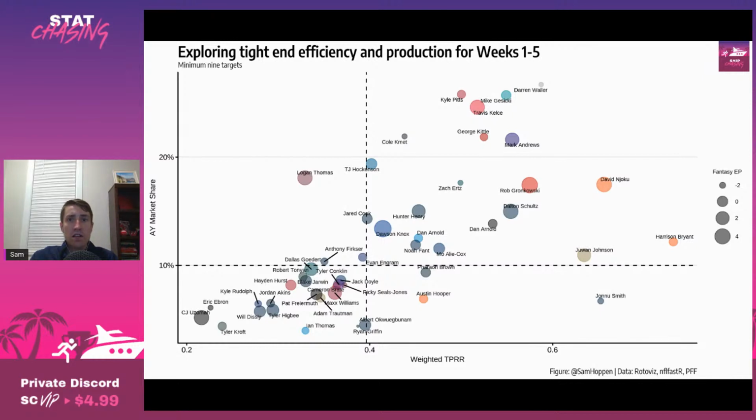Now we have the tight ends, which is the same chart as the receivers, weighted targets per out run on the x-axis, air yards market share on the y-axis. The first of two guys I'm going to talk about is Mike Gesicki. I'll admit that Gesicki caught my eye on this chart at the end of last week when I had a little bit more time to digest it. So I wanted to make a point to talk about him this week because he's actually been really solid so far this year. You can see his bubble is right up here next to Kyle Pitts, Darren Waller, Travis Kelce, Mark Andrews, George Kittle. Like, that's elite company to be a part of.